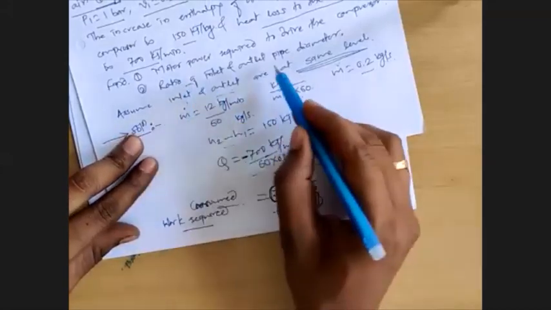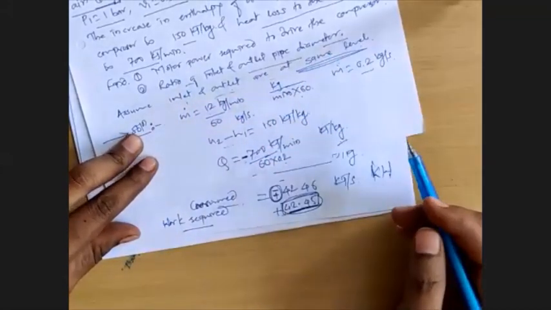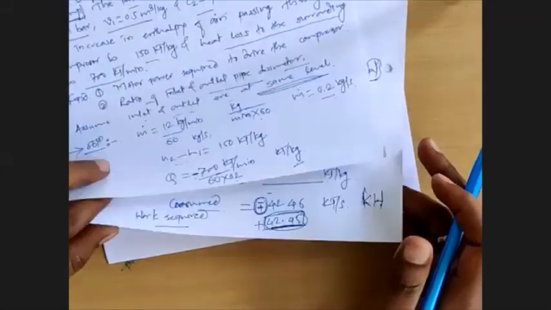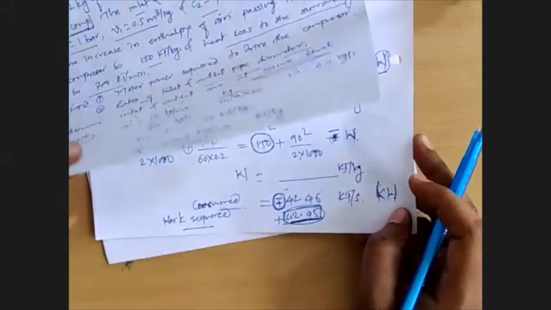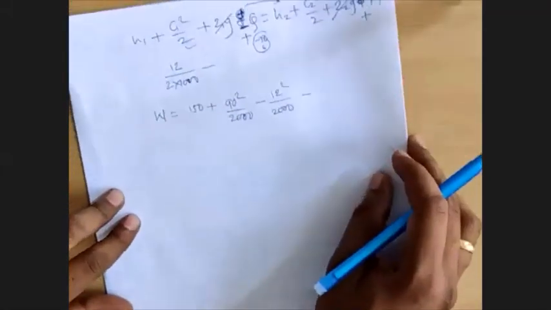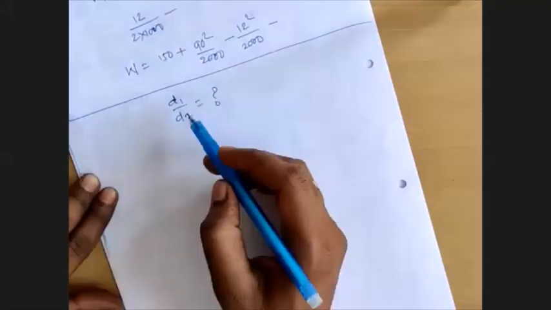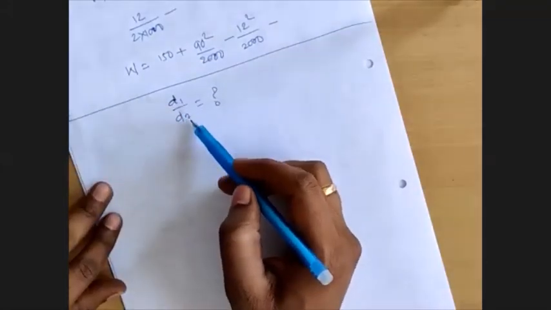After that, the second thing that was asked is the ratio of inlet and outlet pipe diameter, which we were supposed to calculate. Pratik, did we solve for that D1 by D2? No, sir. Okay, so we are supposed to solve that one today. So we need to find D1 by D2, the ratio of diameter of inlet to the outlet.